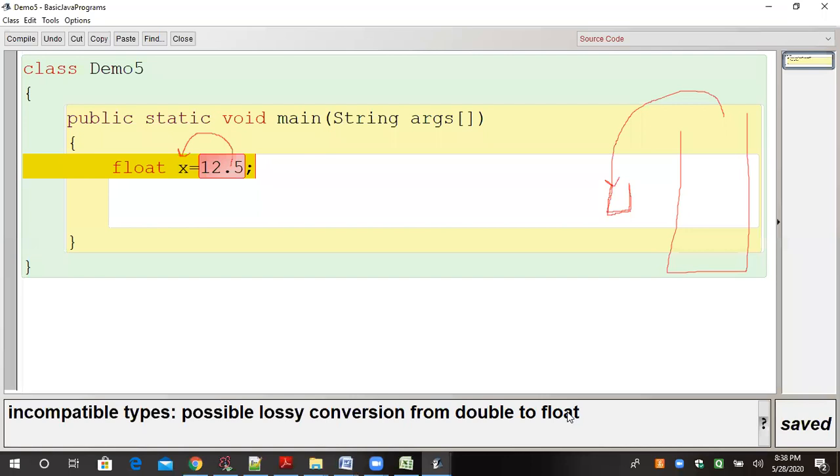इसका मतलब क्या है? They are not compatible. Compatible means you are trying to store the double type value into the float. And the double is a higher data type and float is a lower data type. ये चीजें colleges में generally ज़्यादा discuss नहीं होती हैं. Okay. But I am discussing with you all.